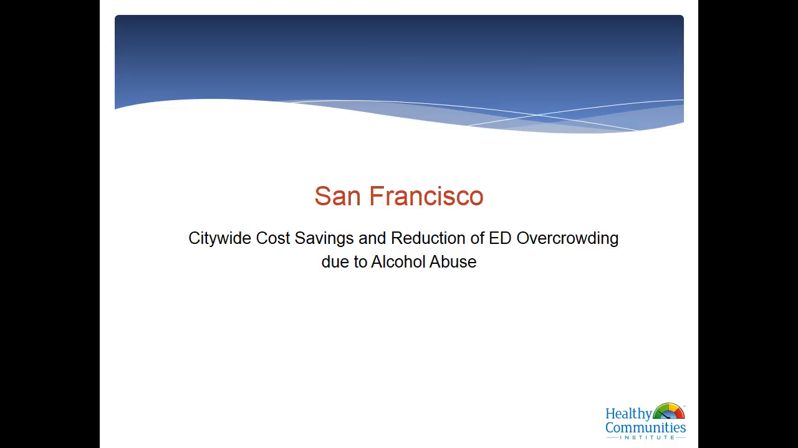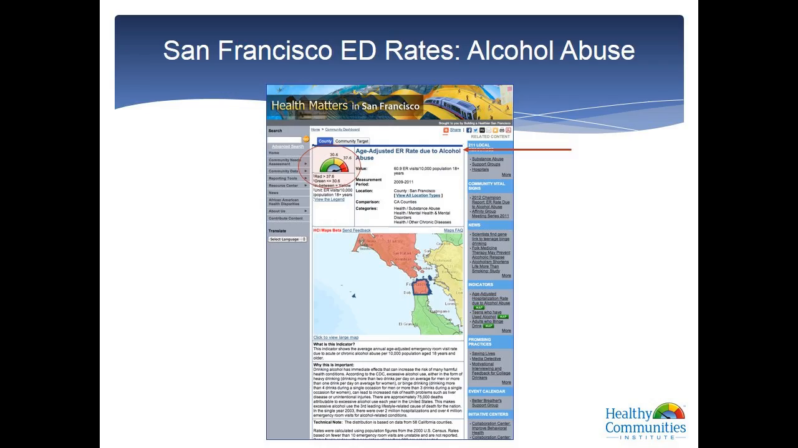So I'm going to move into a success story with San Francisco and nearby community, which they're focused on the citywide cost savings and reduction of ED overcrowding due to alcohol abuse. This is a representation of one of our sites in San Francisco, which is focusing on an indicator page, age-adjusted ER rate due to alcohol abuse. You'll see the gauge here, which is also an emblem of HCI, which is focusing on how San Francisco County is comparing against other California counties. They were in the green. That would have meant that